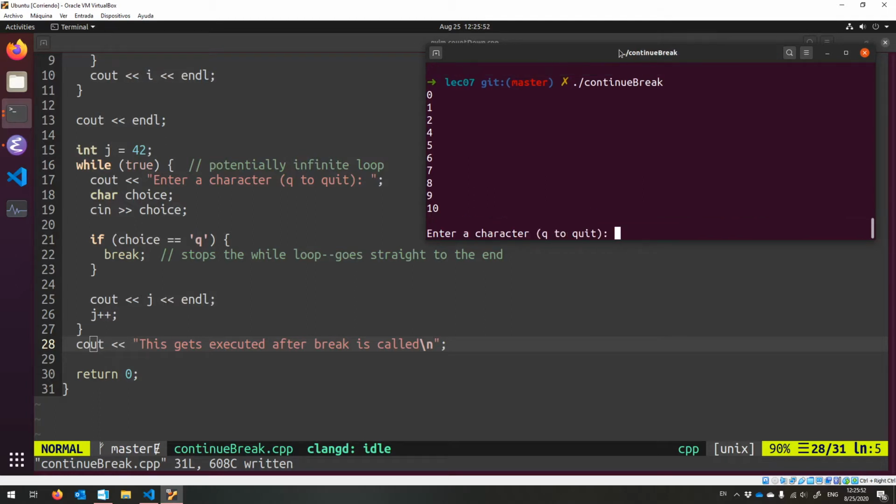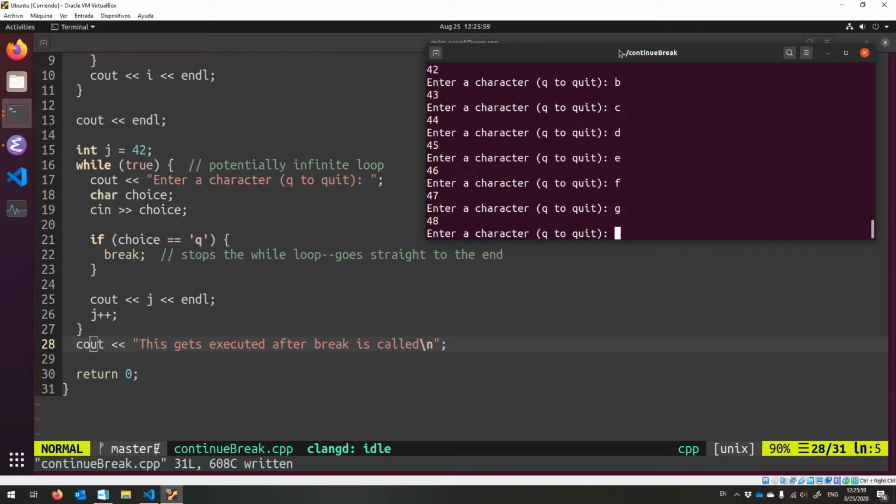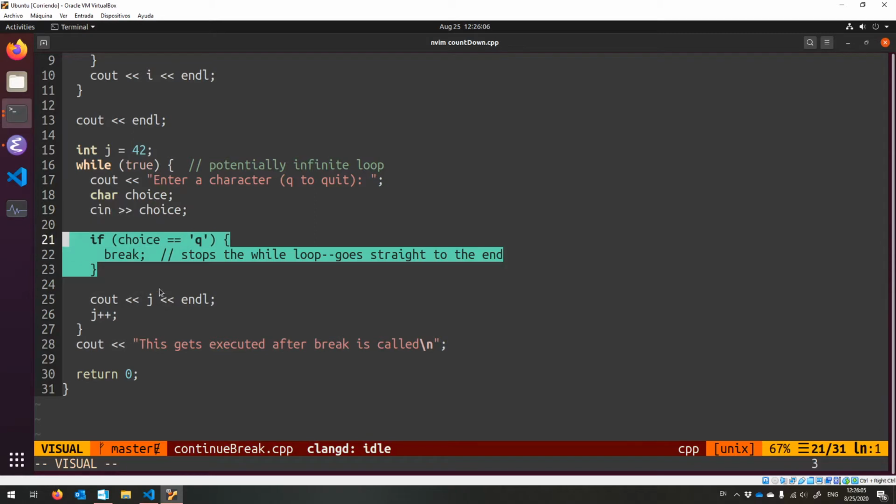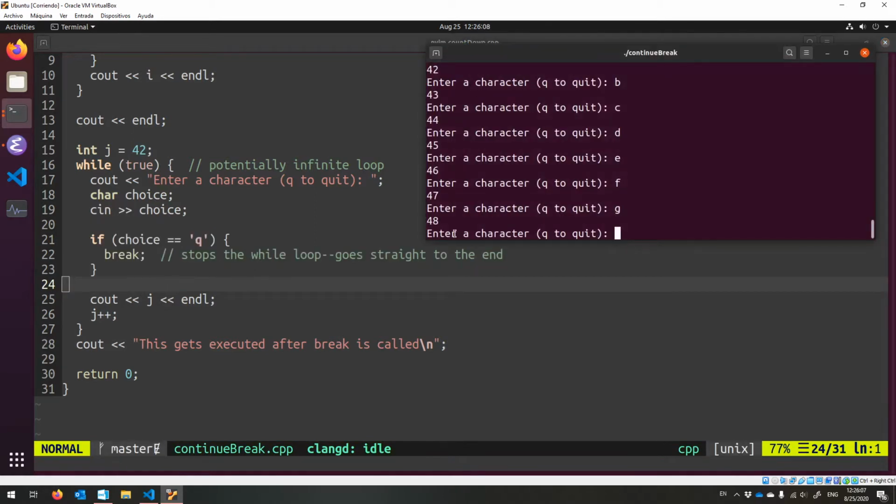Alright, so we're entering a character, Q to quit. A, B, C, D, E, F, G. So it's going to keep on counting, because it's keeping track of this J. J++, print out J as long as the choice wasn't Q. But the second that the choice is Q,